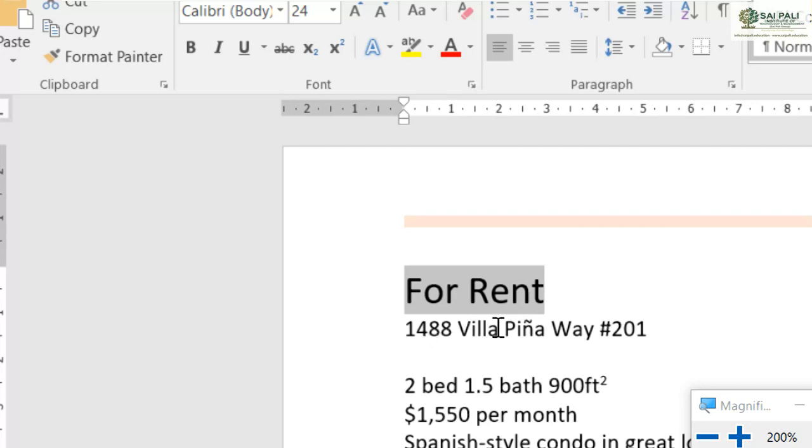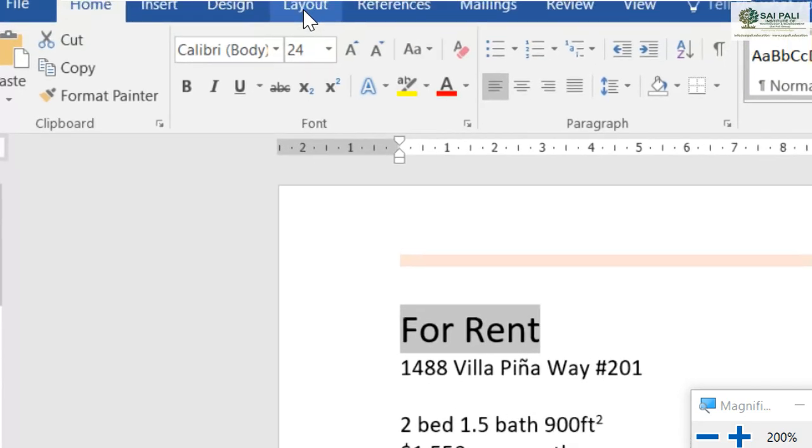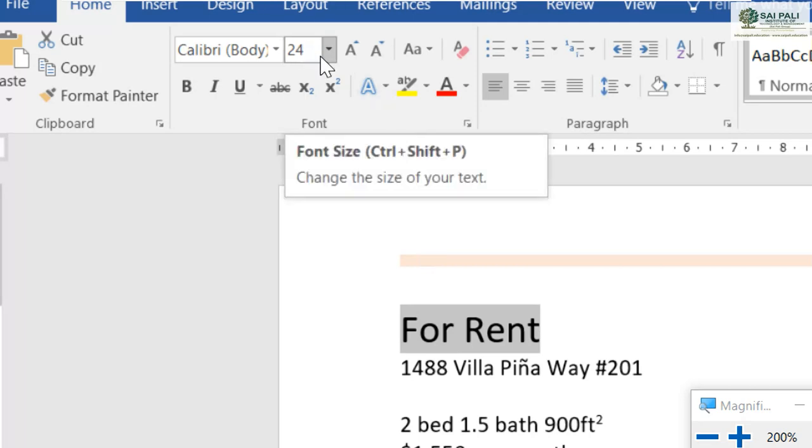The other text is still the same, but this one is now size 24. 24 points. It is not like you have a scale for that, like 24 centimeter or 24 millimeter. It is just a point. It is not any size comparison, or we can say it is not a size constant.